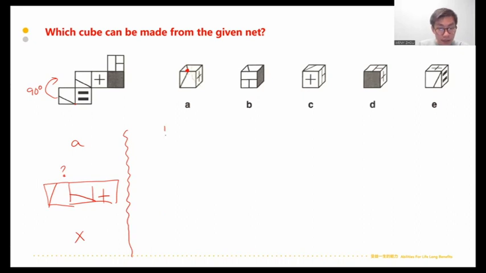Okay? Now let's look at B then. So B has this T shape, a slanting shape, and a fully filled in side. Okay? So first of all, what can I see? I can see that from my original net, one of the slants and one of the filled in shapes, these two are opposites. Because I can see that there's these three here, okay? And remember that the one on the left and the one on the right are opposite to each other. So that means if this was correct, this top face must be the other diagonal face that we have here,